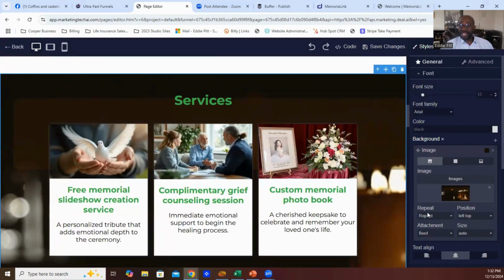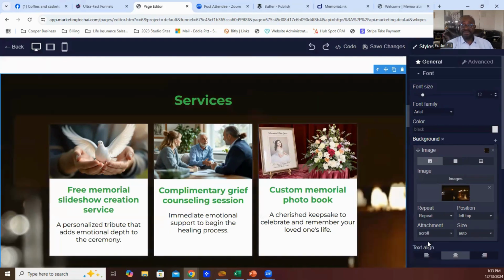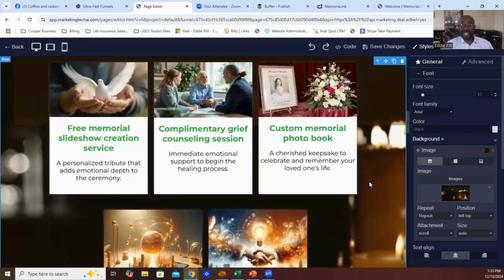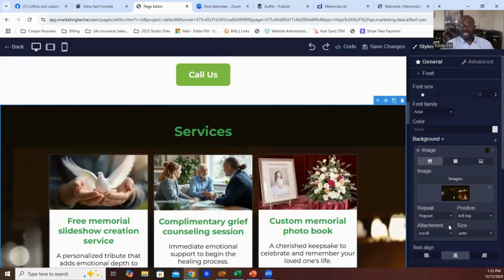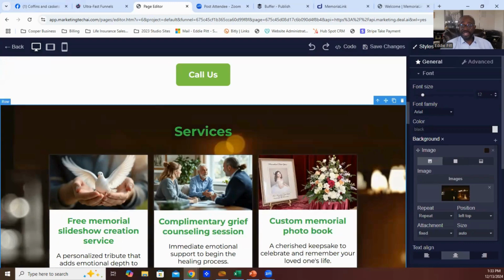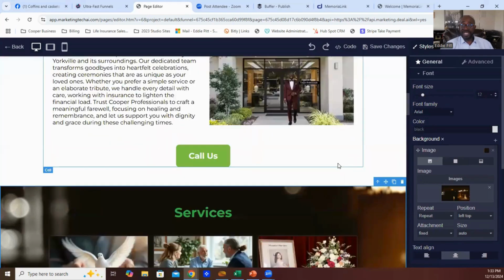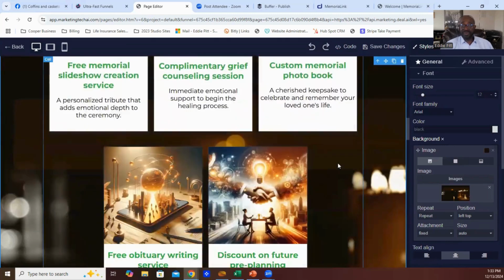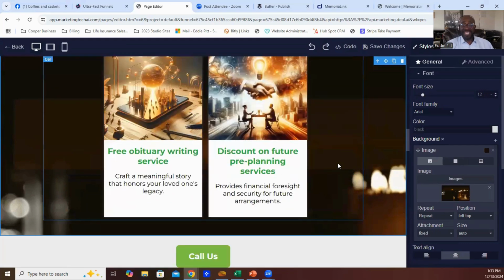And you can set that up now. As you can see here, you have repeat, which would make multiple pictures, position, top, left, bottom, right, size, automatic, so it fits the screen. Or you can have attachments fixed, or you can set up so it scrolls. So now this is scrolling along with the ads. But when I hit fixed, you'll notice that it stays in place. A lot of that makes a difference when you're looking at a website or a funnel on eye appeal.